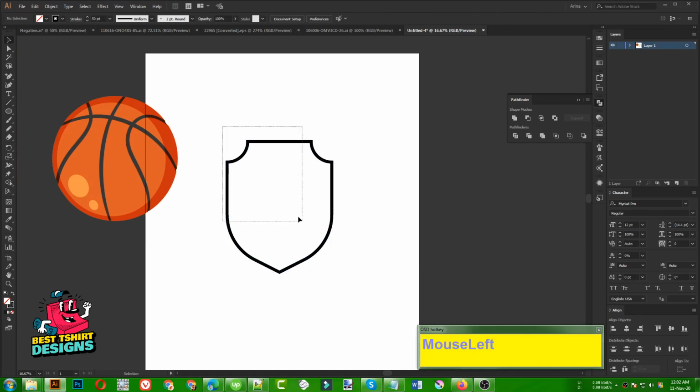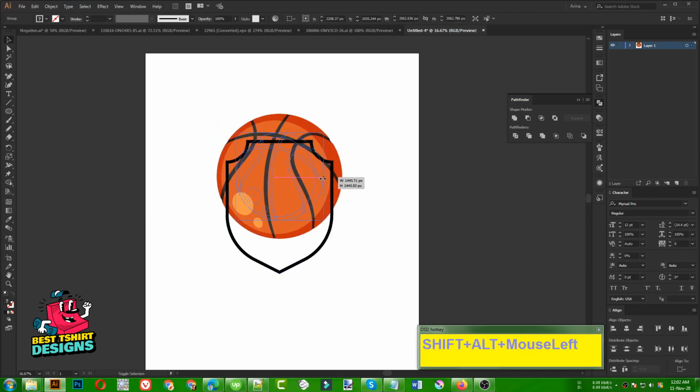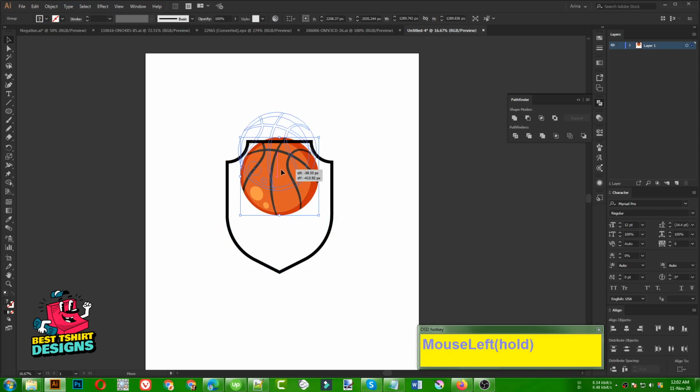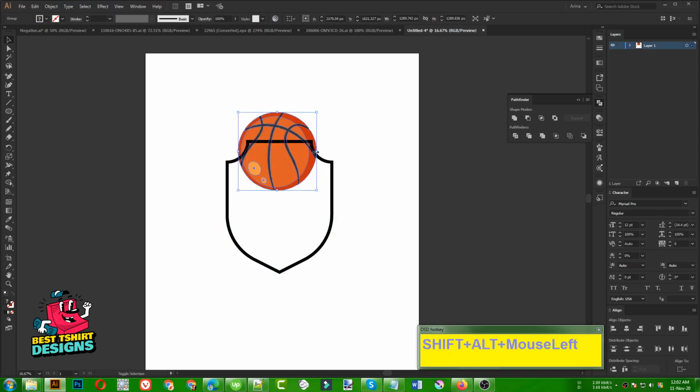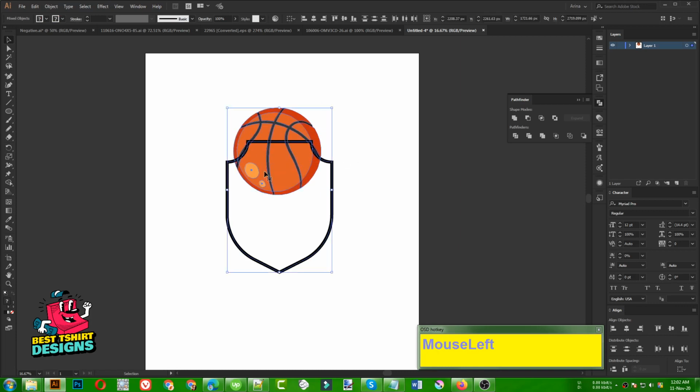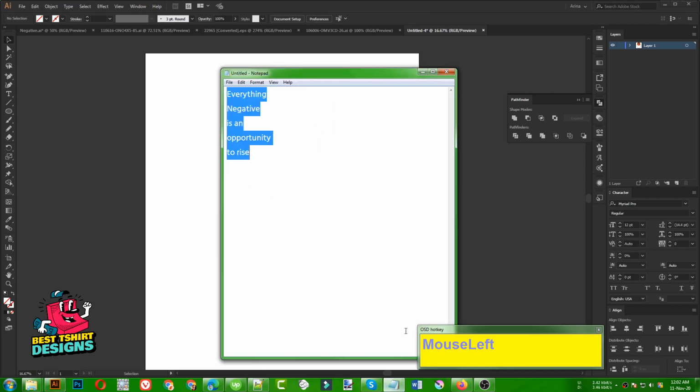So this is the stroke mode shield here, and I'm going to use my basketball here, something like this, or maybe a bit smaller. Okay, let's make it bigger, just like this, then select these two and align them together. Then I need to use some text here.